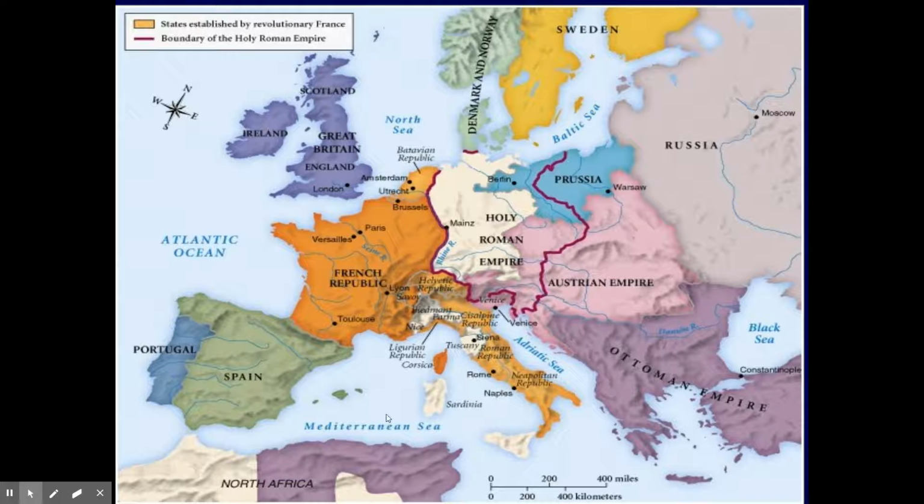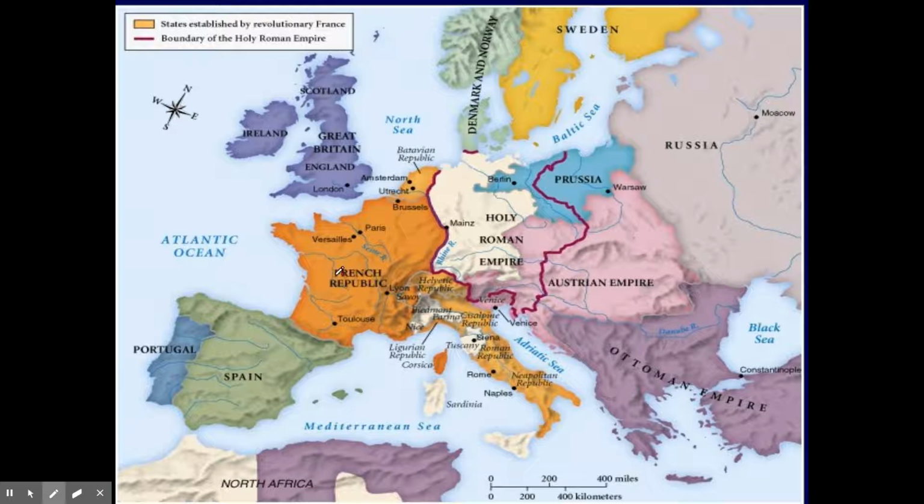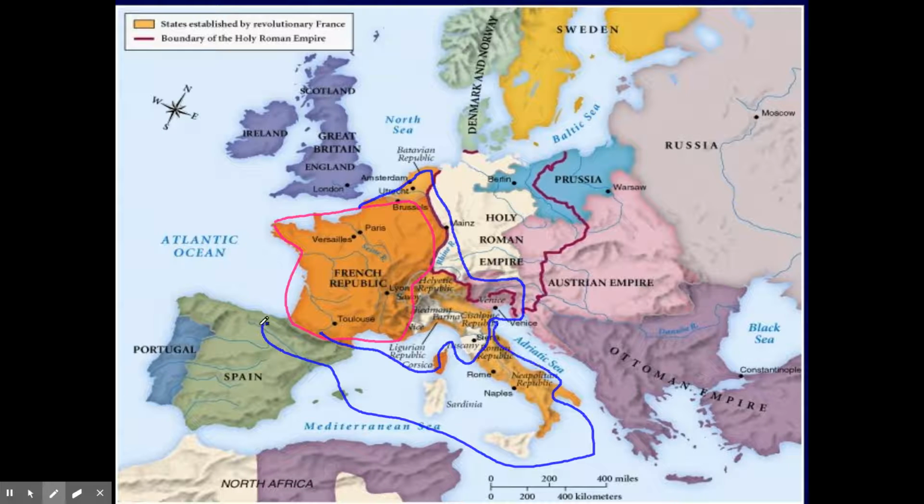Just a quick map of what the world looks like at this time, something that we ended up drawing the other day. So when we had France prior to the revolution, it was just within this red square, right? After Napoleon starts fighting for the French, he extends their holdings into this blue area, and then further down south, and starts eyeing this portion of the world.